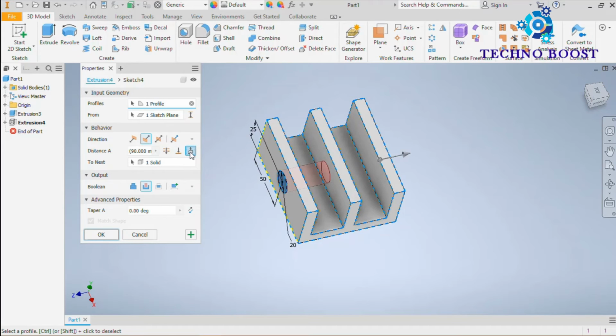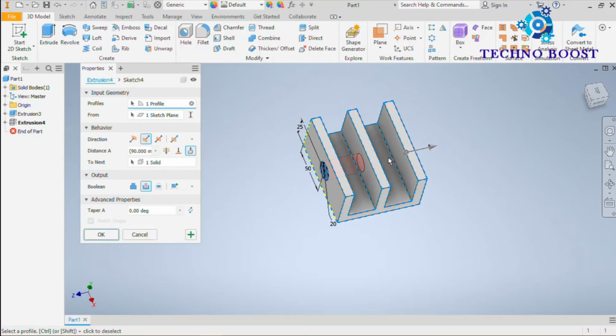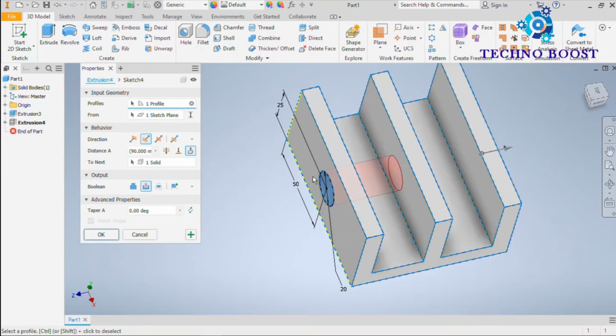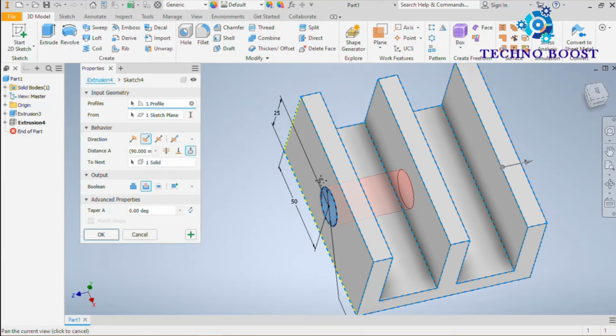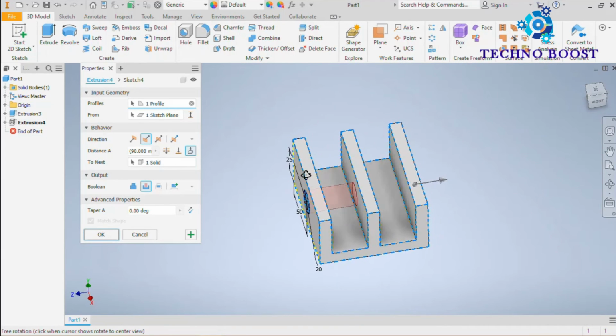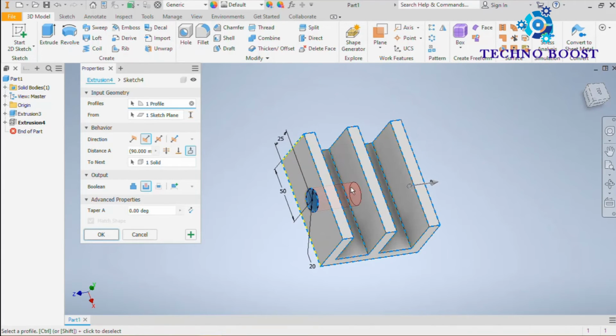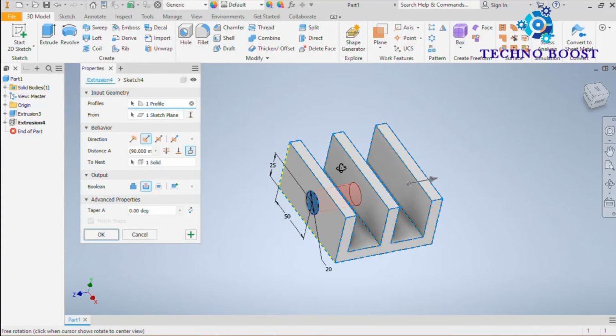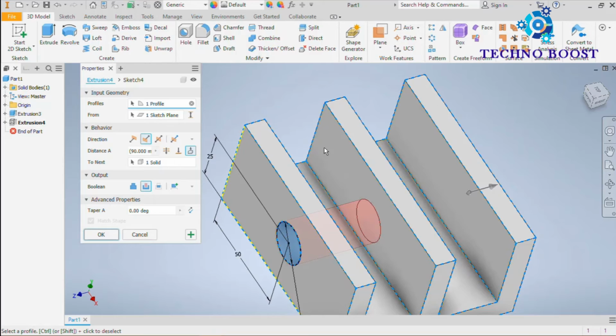This is to next. It means it will start from the sketch plane and cut up to the next surface, and here the next surface is this one, so it will cut up to this one. Click OK.